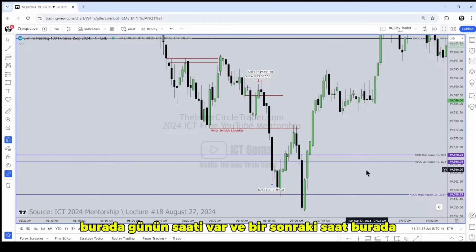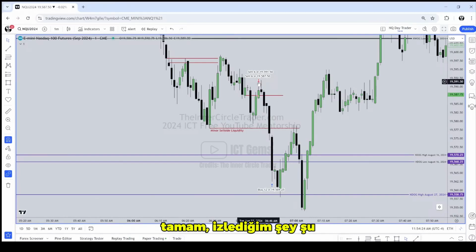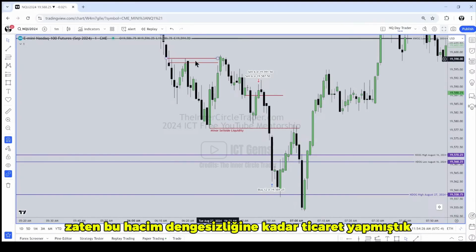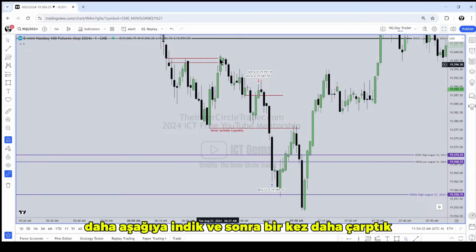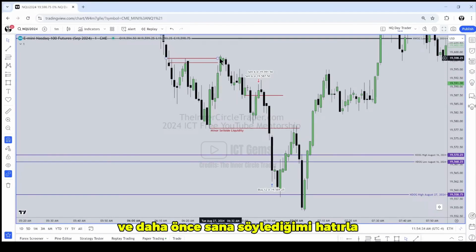If you look at what we have, the time of day here and the next one's here. Okay, so what I'm watching is we had already traded up into this volume imbalance there. We went lower and then we went one more time, bumped it. And remember I was telling you earlier that the bodies of the candles can go just a little bit outside